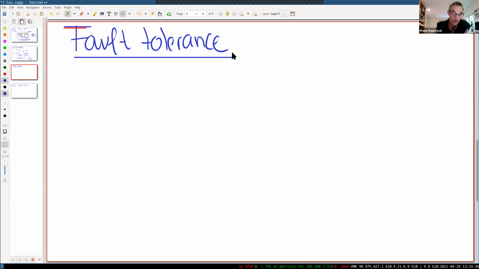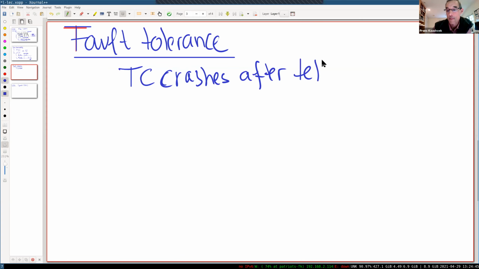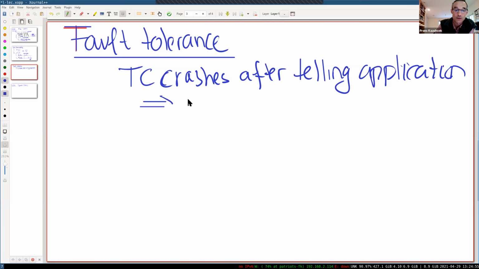The key challenge is that the transaction coordinator crashes after telling the application